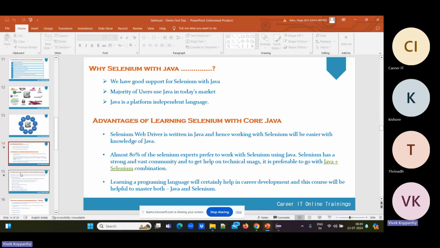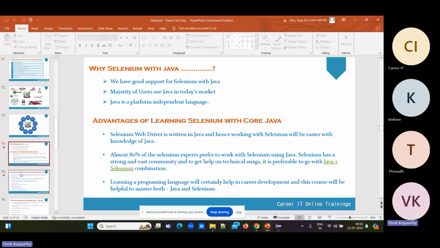Yes. So we are going to work with Java here. While you're passing the logical commands, we are supposed to have one binding language to communicate with the Selenium software, which we are choosing as Java. So why are we choosing Java? Because most of the applications, 90% of applications, are on top of Java only. All the legacy applications are on Java only, more than 95%. So that's why Selenium Java is one of the very popular combinations in the industry.